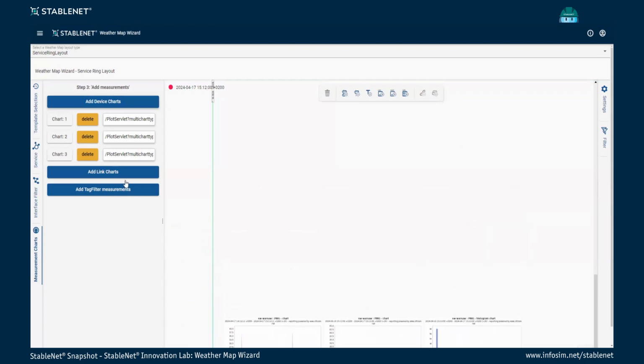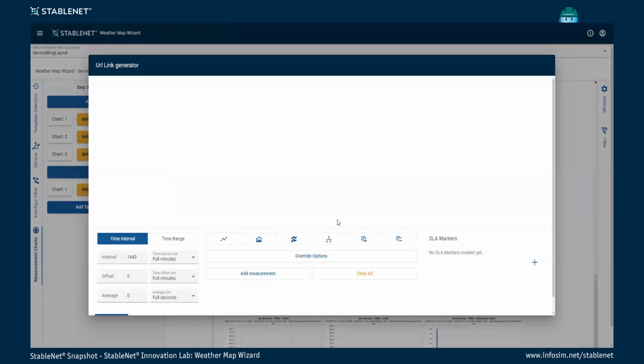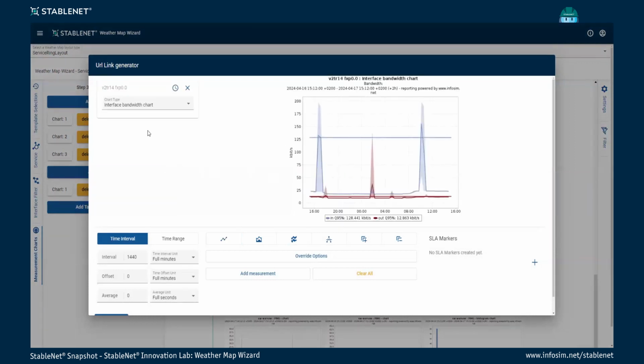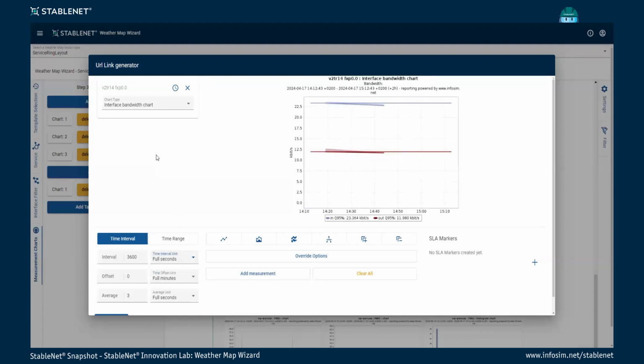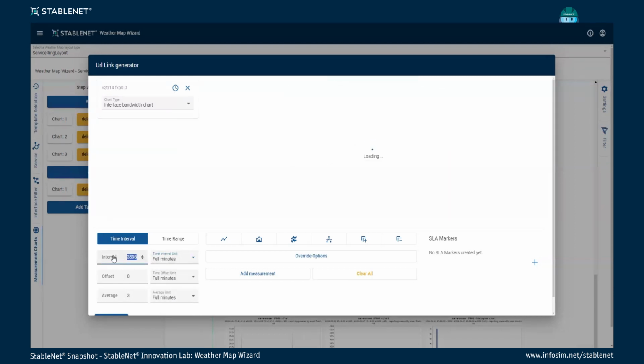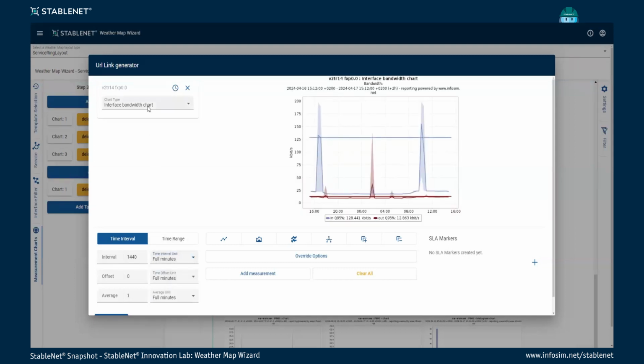It's more widespread here than on the top, and this is all working underneath with the plot servlet URL. So for those of you who are really into the details, you can also look up in the backend what's being done. Now let's go to the links. For the links, I want to have 2 charts. The one chart I want to have like the last 3,600 seconds, the last hour. Okay, this is boring because we are measuring only every 25 minutes. So let's say I actually want to have the last full day for 1,440 minutes,